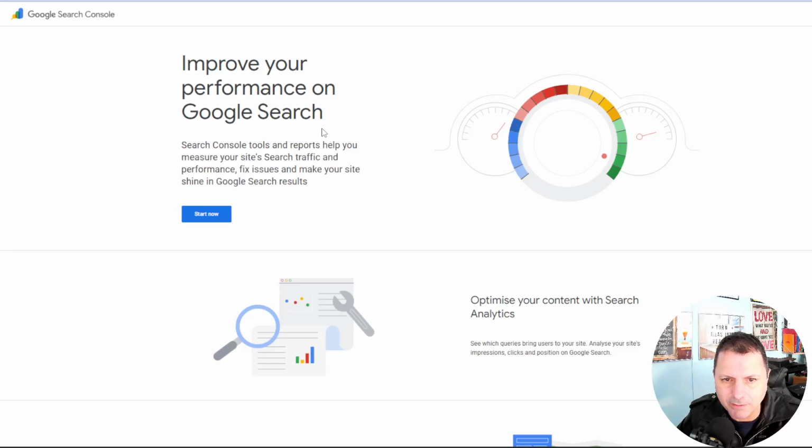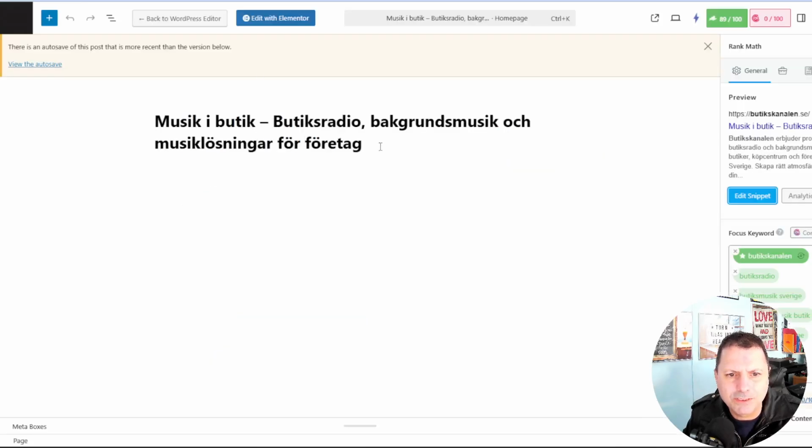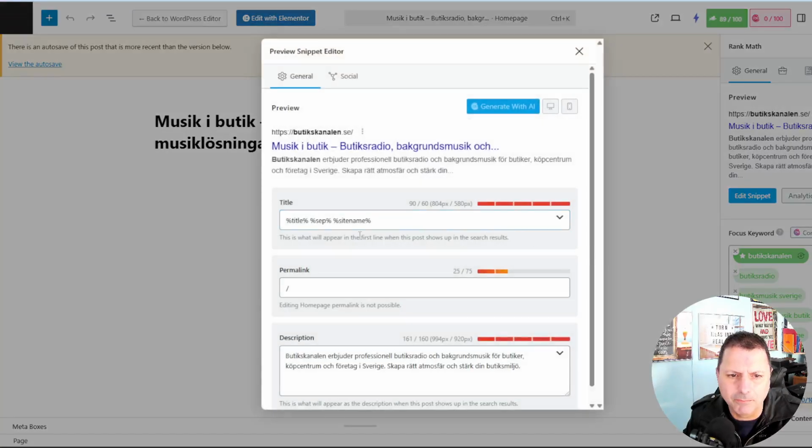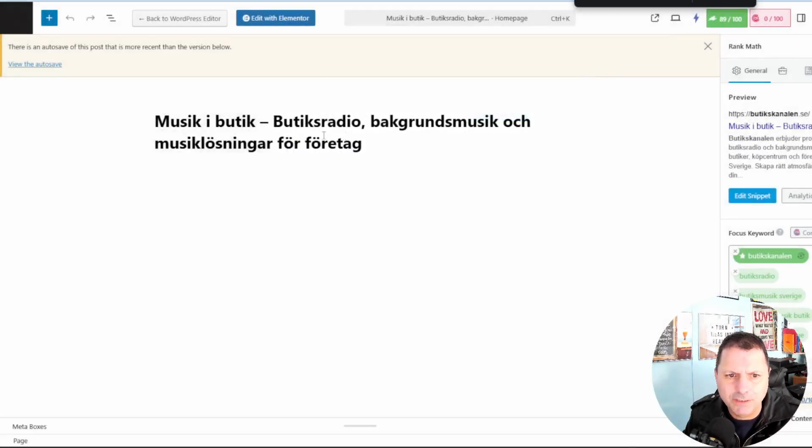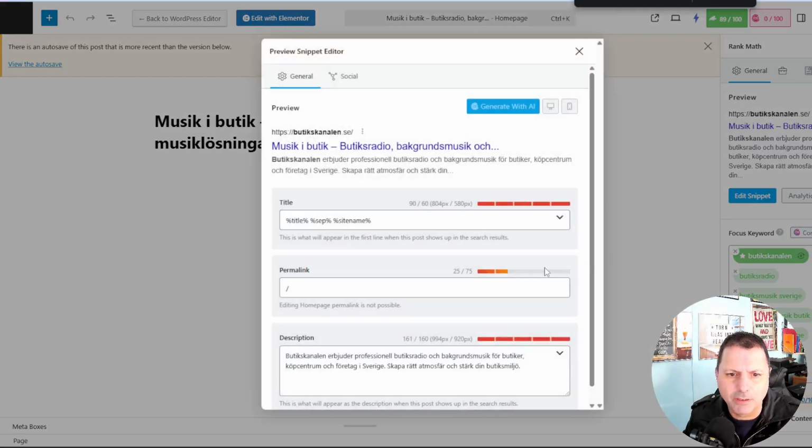to update the settings so that the result in Google search is the one that we have added as a new title. For example, if on our website we change the title and we have updated the SEO title, because that way, using the particular plugin, in our case it's Rank Math, when we change the title of the website, it's going to populate and update our SEO title, in